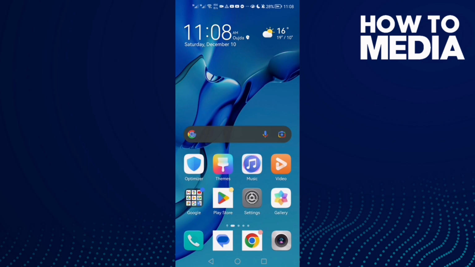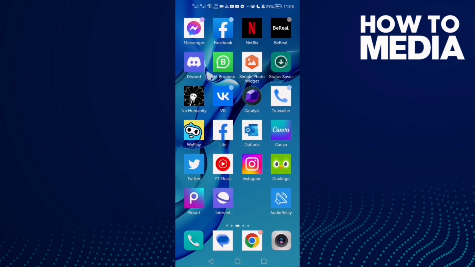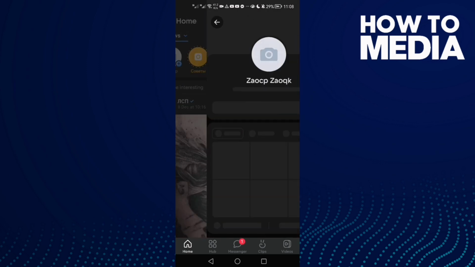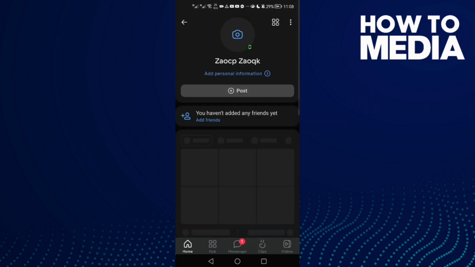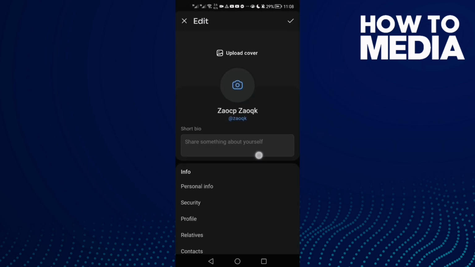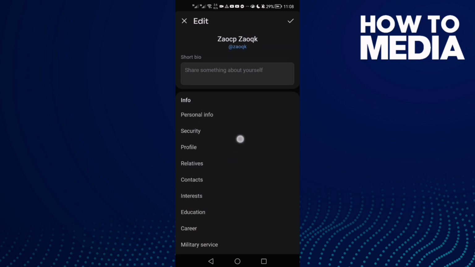First open VK and then click on your profile here, and after that click these 3 points and then click edit profile, and now click profile and